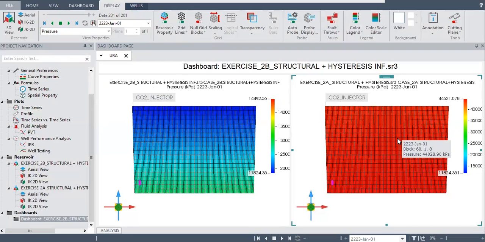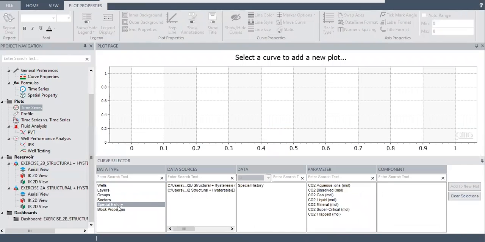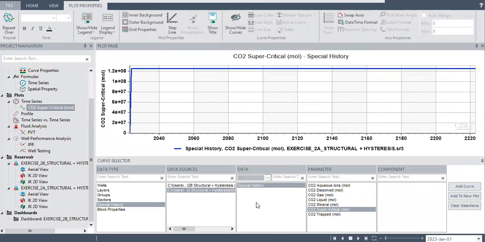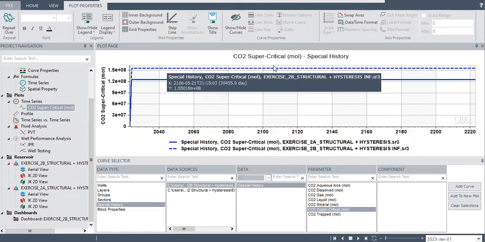All right. Time series, of course, we want to check the spatial history. Start with the limited reservoir, CO2 supercritical, okay? And compare it with the infinite aquifer. Of course, in the case of infinite aquifer, we can inject more,